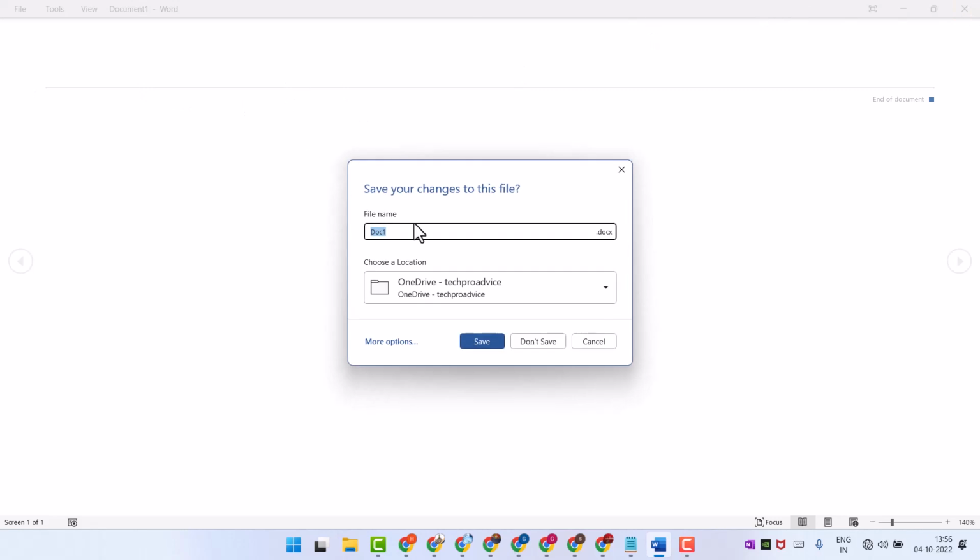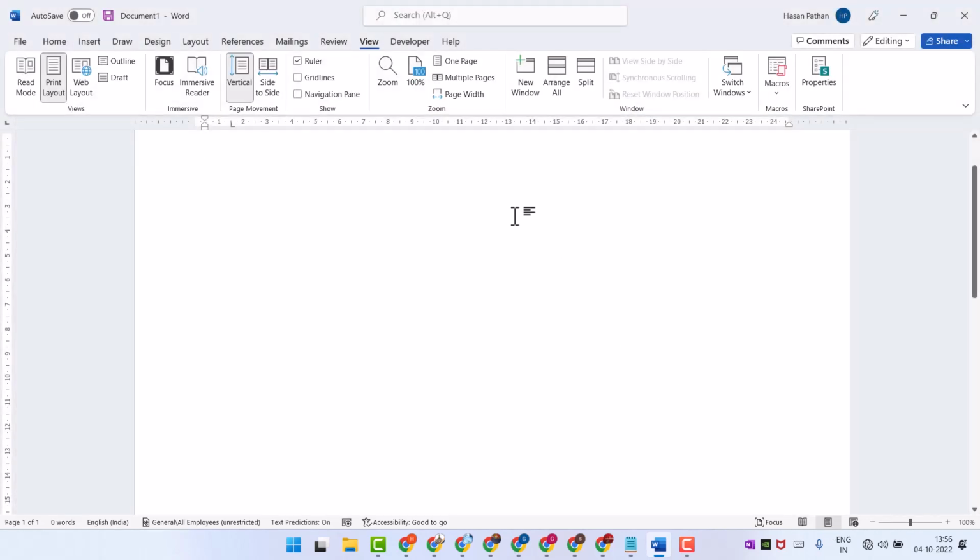If you have any text, you can see the difference properly. To go back to print layout, click on it. So just click on Read Mode, and once you need to turn it off, select